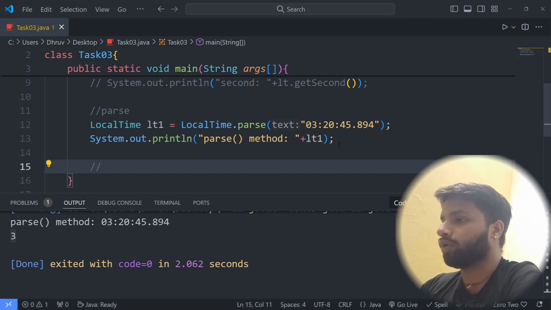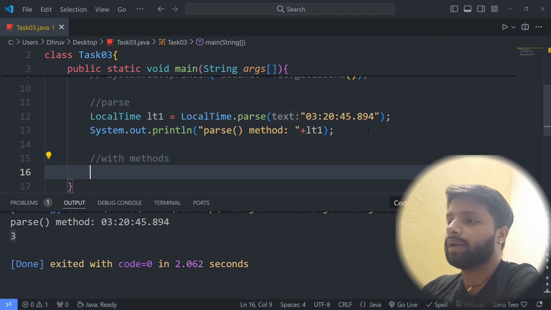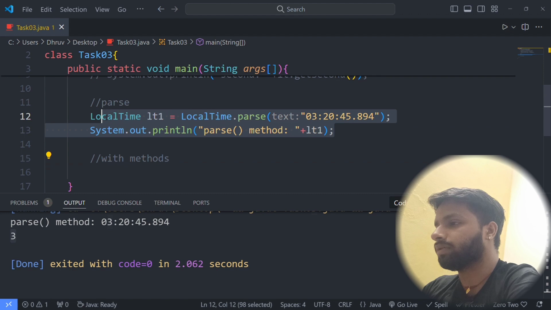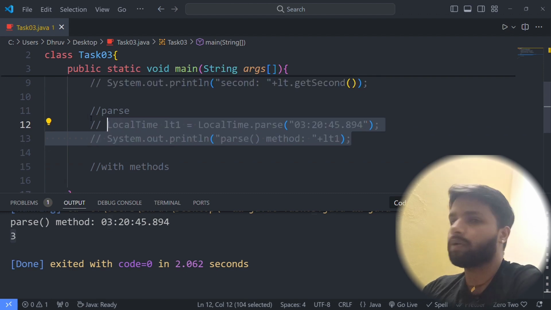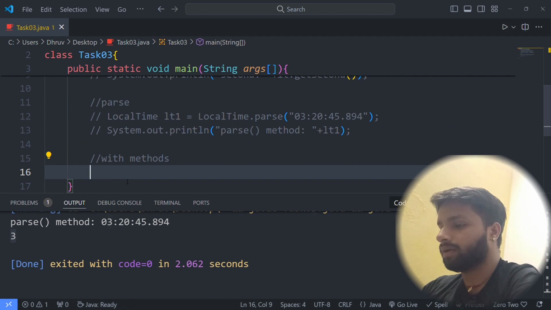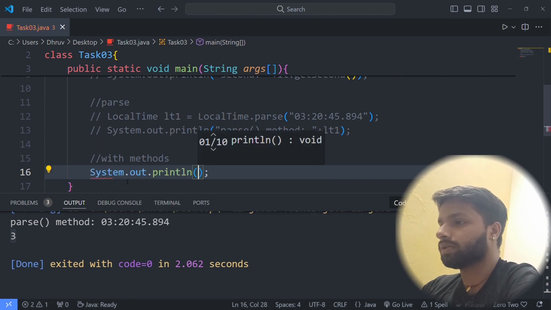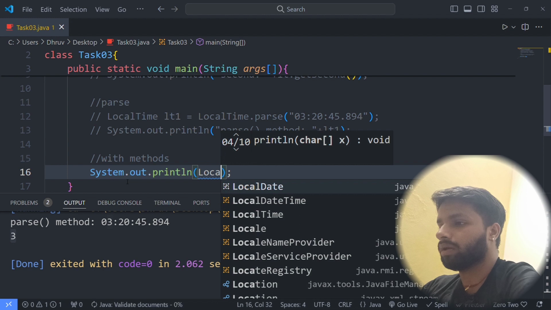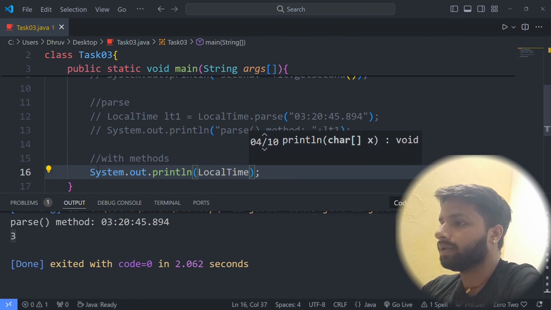Let me show you with methods. I will comment this out as well. With the with method, LocalTime is the object.